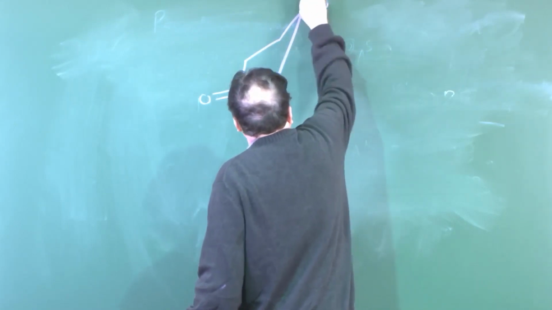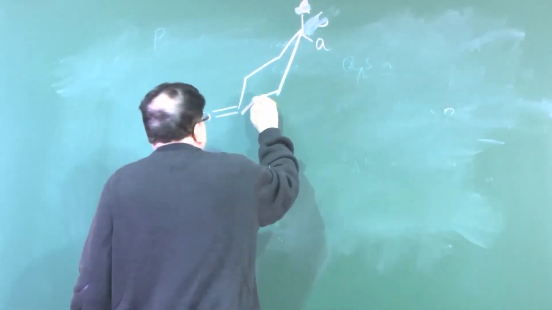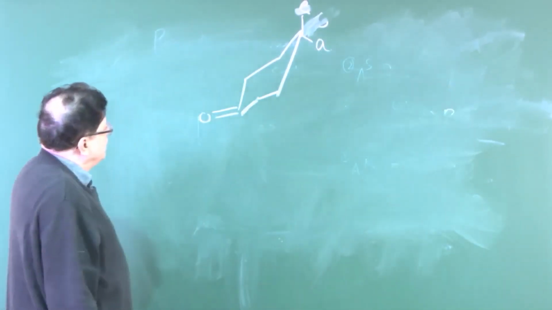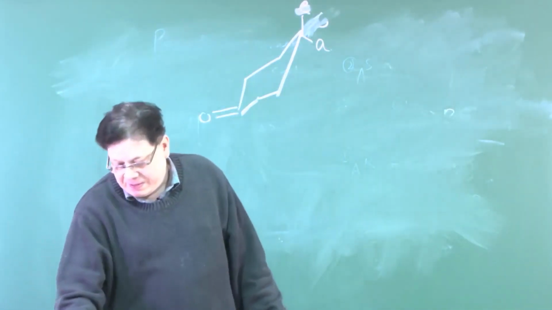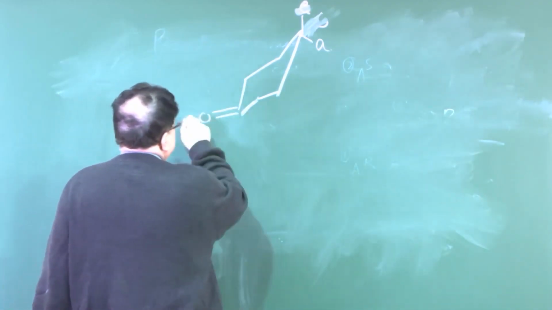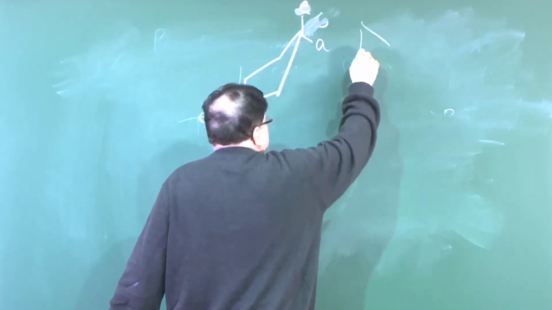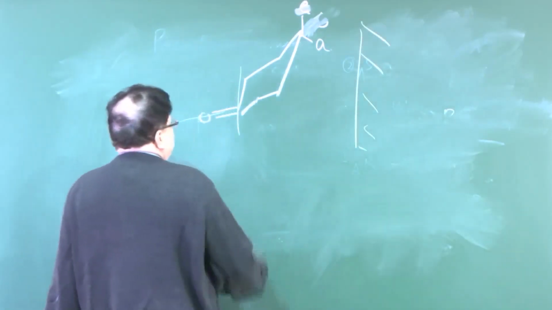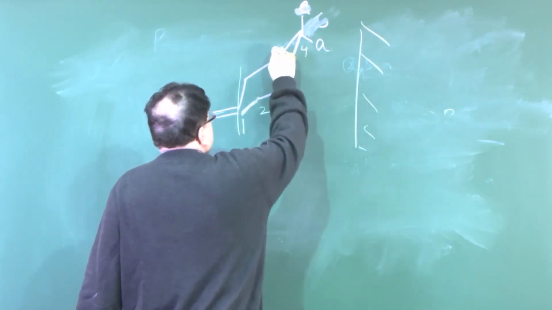Sorry, this is axial, equatorial, and this is axial. So, this is the way you hold the carbonyl. Okay, maybe I take another chalk. And then you are seeing from this side and taking the projection on a screen which is held here, that is the screen. So, this is suppose 1, this is your 2, this is 3, this is 4, 5,